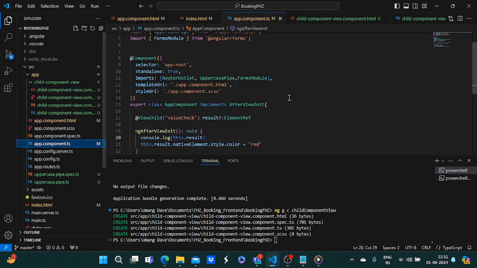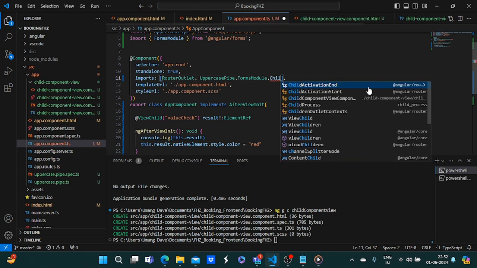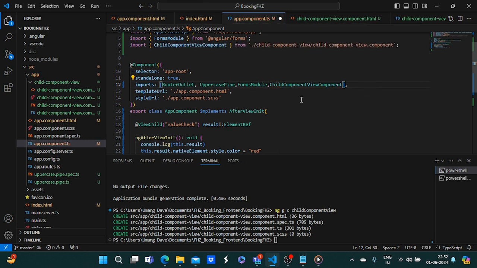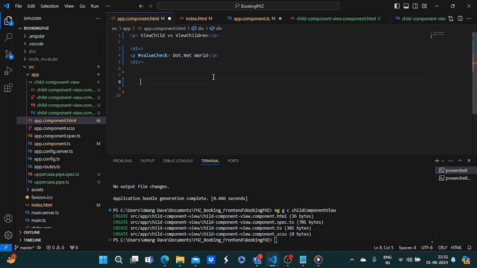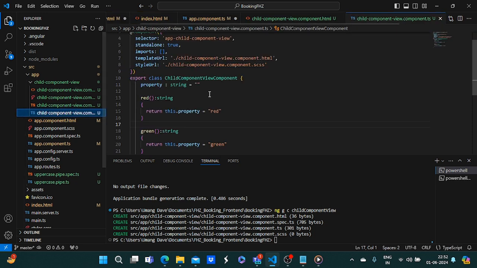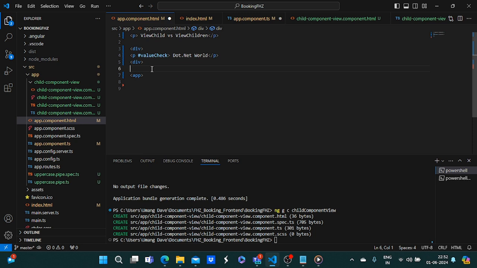So first I need to add this child component. Need to import this child component into the app.component.ts file. So over here we have to import this child component to access the child component data, and I am going to write the HTML first. I have to use the selector of the child component in the parent component HTML file,